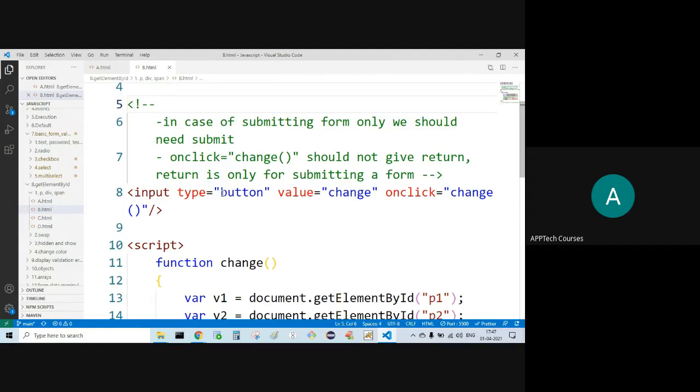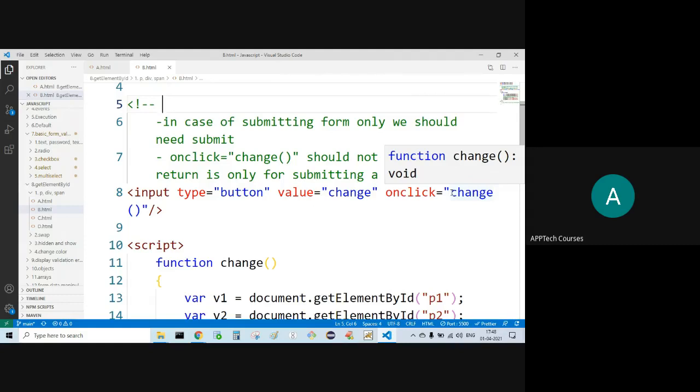That is why I'm not using submit here. Simply button I'm using. Understood the difference? You want to submit that data to some destination, then only you can go for submit. For onclick, I'm not using return. Return is only for submitting the form. We're not submitting anywhere here. It doesn't matter whether change is returning true or false.